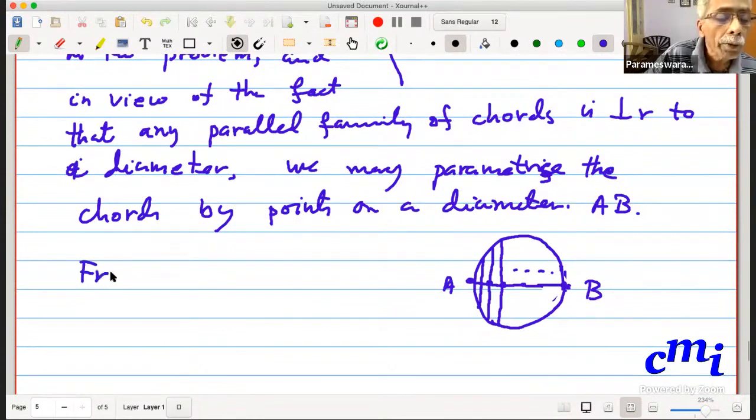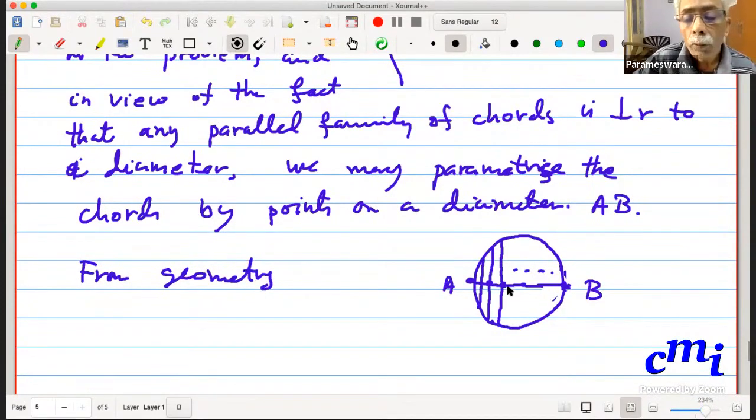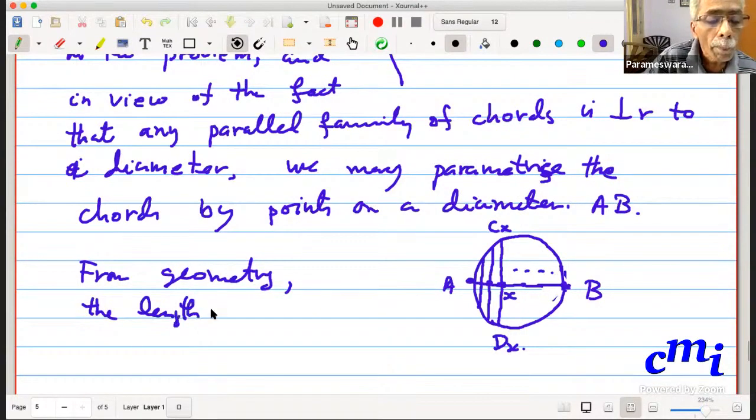So take a point X here and then draw this chord CD. From geometry, the length of the chord CD, parameterized by X,